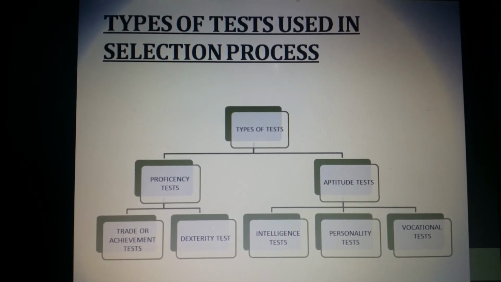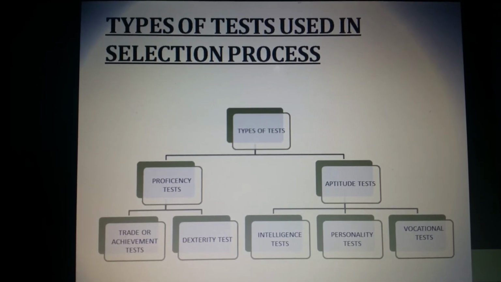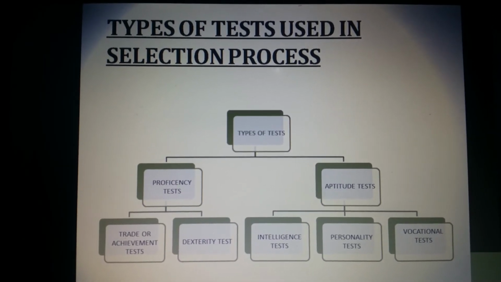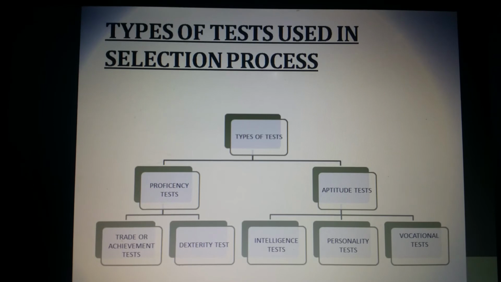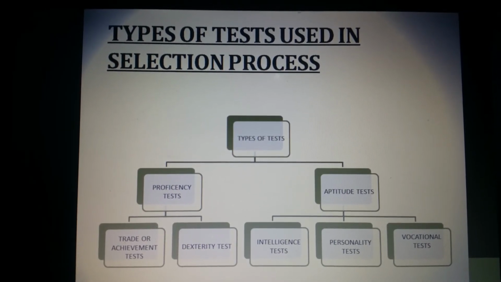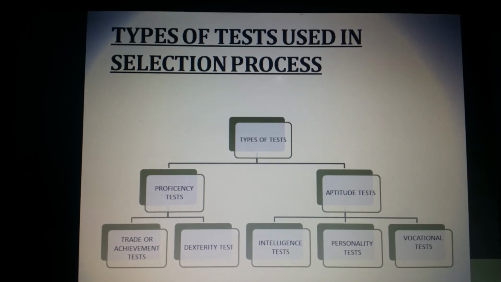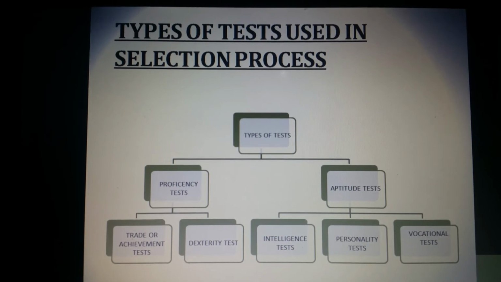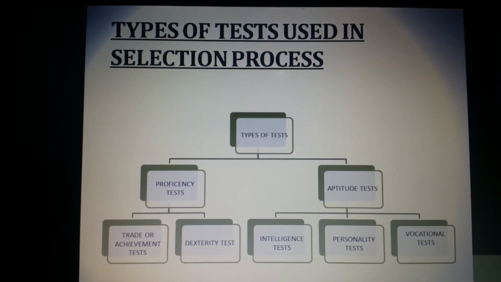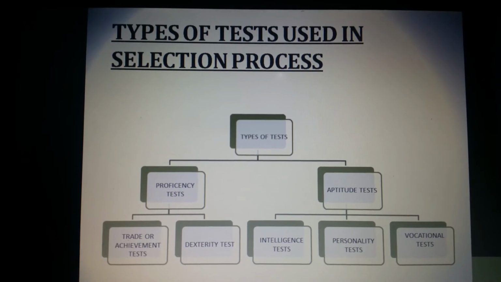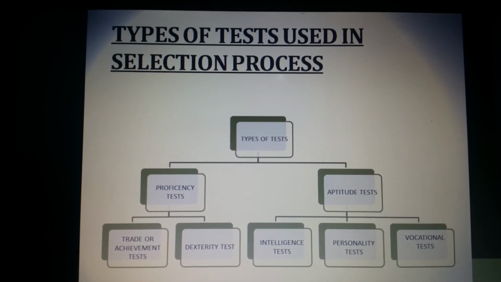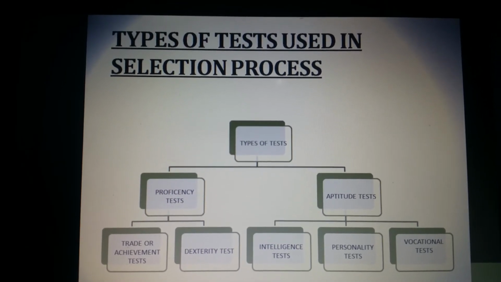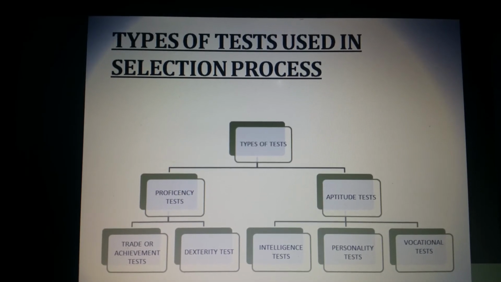On the other hand, aptitude tests can be classified as intelligence tests. Now, intelligence tests are basically aimed at measuring the intelligence quotient of a candidate. This test measures the mental capacity, memory power, and the speed of thought process in the candidate. Then we have personality tests. Personality tests are aimed at measuring the candidate's personal characteristics like the likes and dislikes of the candidate, and various traits of personality like courage, initiative, emotional quotient, and a host of other personality traits.